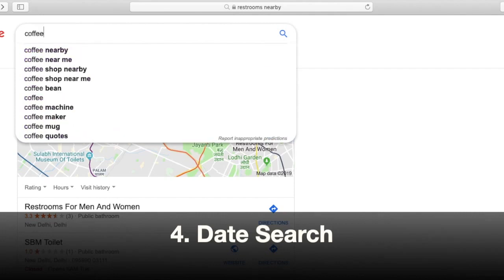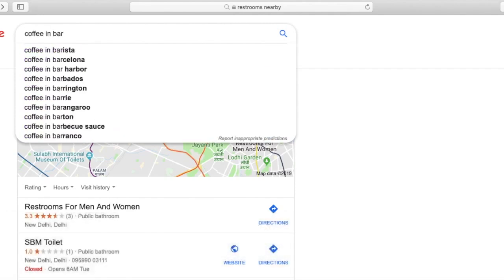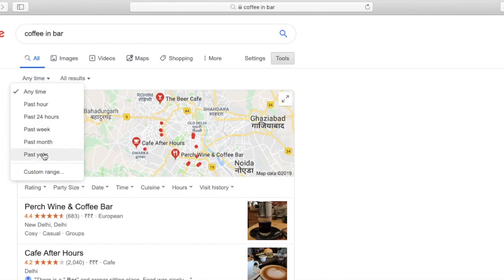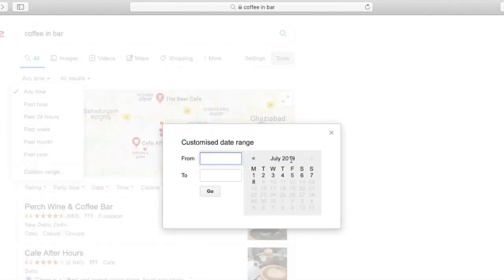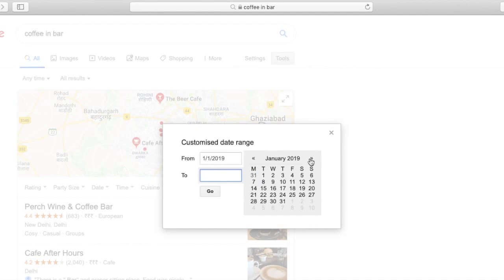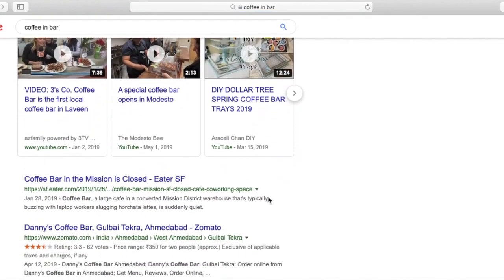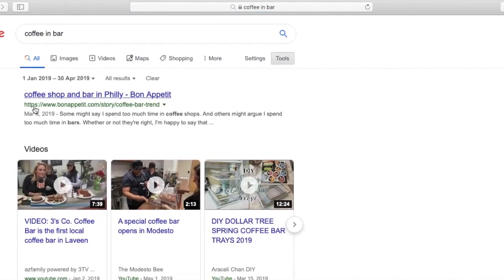So next one is very common. Whenever you want to search a particular keyword in a particular date range, if I want to see what all blogs were published in the month of January till March, then I can easily put my from date as 1st January, and you can just put the end date as March or April, whatever is the search criteria for you. So you can easily see all the published blogs in that particular date range.